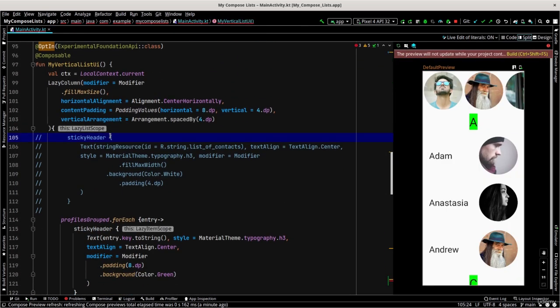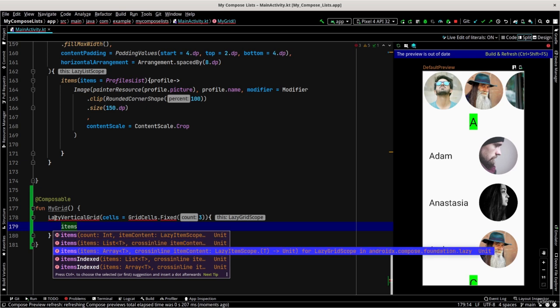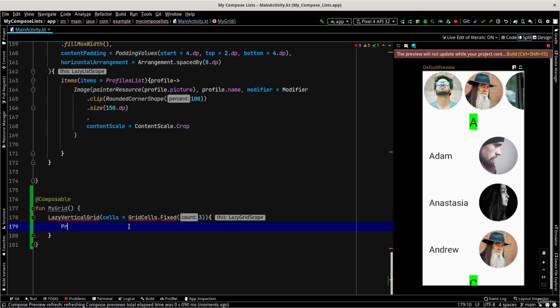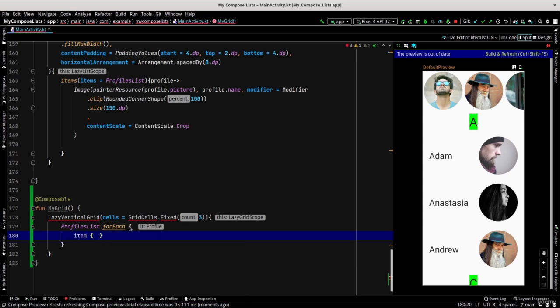So now that we have our list of items, I can create my list items with one of the ways that we can use in a lazy scope. For example, I can use items as we discussed in a previous video, or I can say profiles list for each, and then inside the body of for each I can use item to construct each item. So I'm gonna use this one, item, and here we receive a profile and we pass it to the for each lambda,